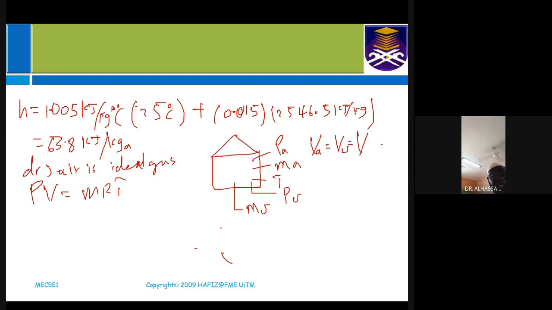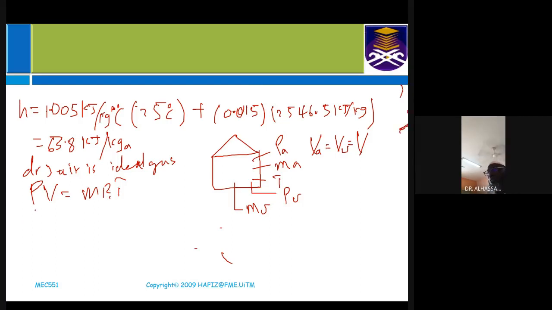So there is no change. Just like the temperature of the water vapor present in the room will be the same temperature of the dry air component. It's just like you bring a thermometer into your house and then you read the thermometer. Thermometer reads maybe 32 degrees Celsius, or let's say 37 degrees Celsius. So it means that's the temperature for both the dry air component and the water vapor. All right, so now